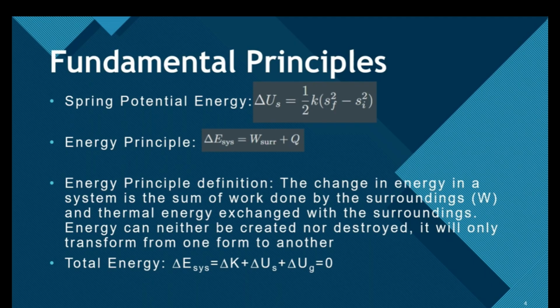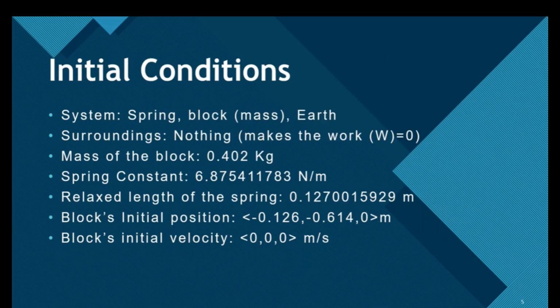And so the energy principle definition is the change in energy in a system is a sum of work done by the surroundings and the thermal energy exchanged with the surroundings. Energy can neither be created nor destroyed, it will only transform from one form to another. And so because of this, the total energy will be equal to the change in kinetic, the change in potential spring, and potential gravitational, all equal to 0. And so the initial conditions, the system is the spring, the block, and Earth, meaning that surroundings are nothing,